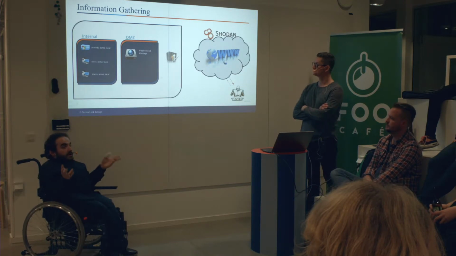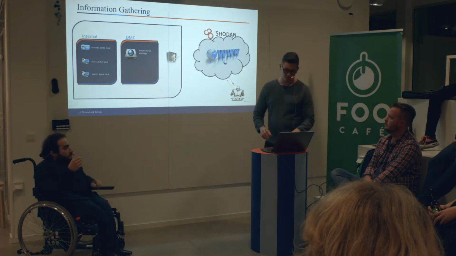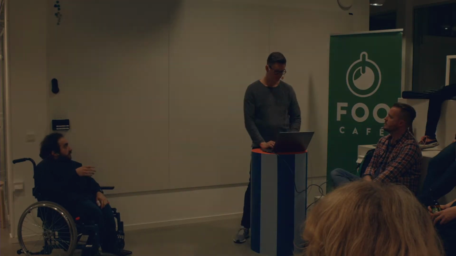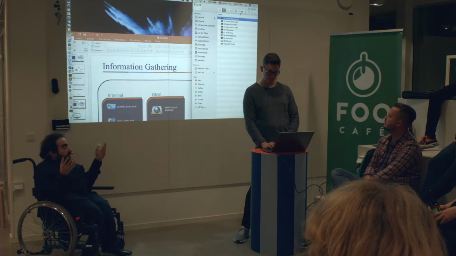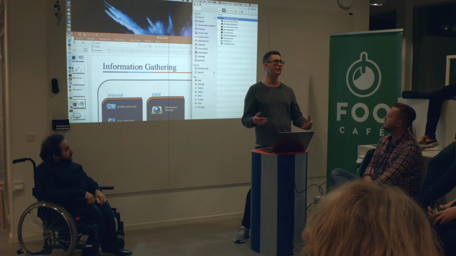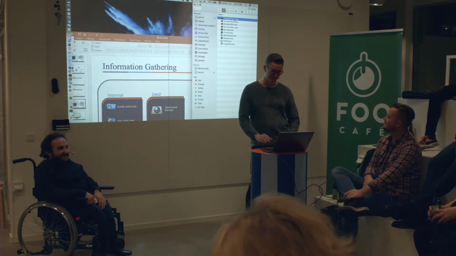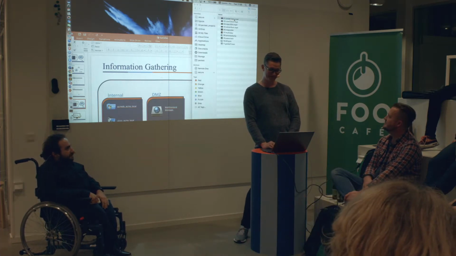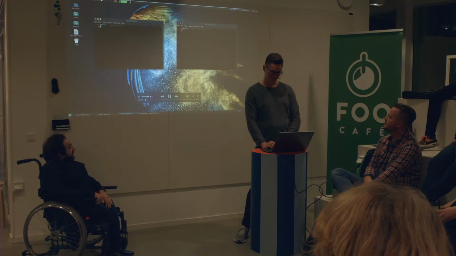Now, to put this in practice and to show you exactly how this would look, we have a small demo. We're not going to run Nmap from a website. We're going to run Nmap locally so you can have a better understanding. And since there are so many steps here, we're not going to do it live. We actually pre-recorded the videos. And I'm really glad today that we did that because there are so many things. It's always fun to read presentations. Right, so